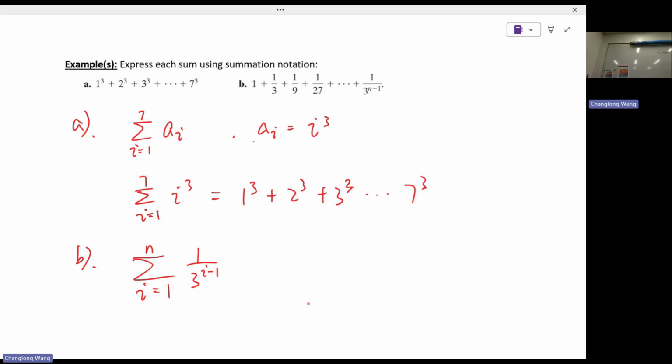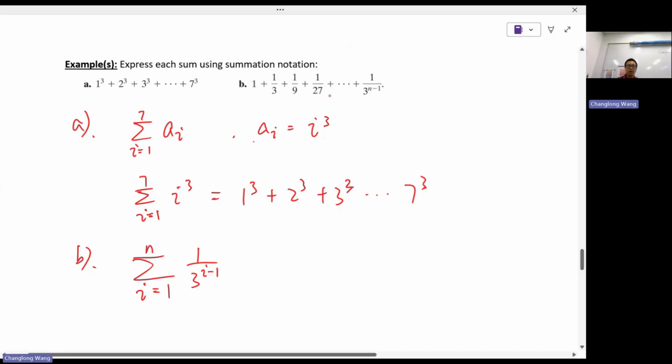Now, I think that I already asked you, maybe I didn't. How many terms do you think are added up in letter B? How many? Is it n or n minus 1? It's n, right? In this case, it might not be that tricky since I literally showed you from 1 to n. But what if,